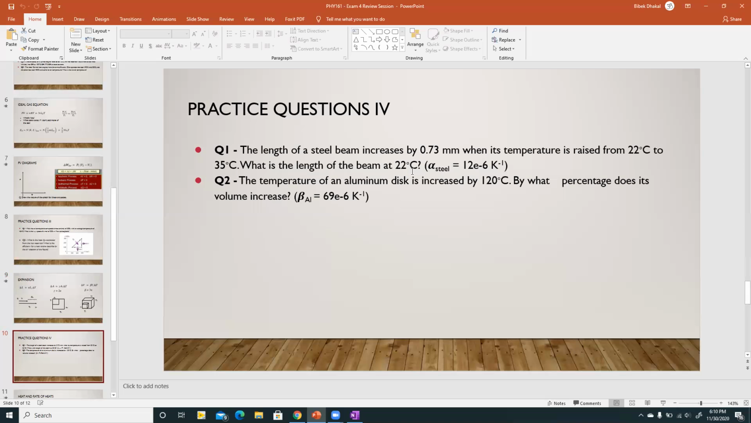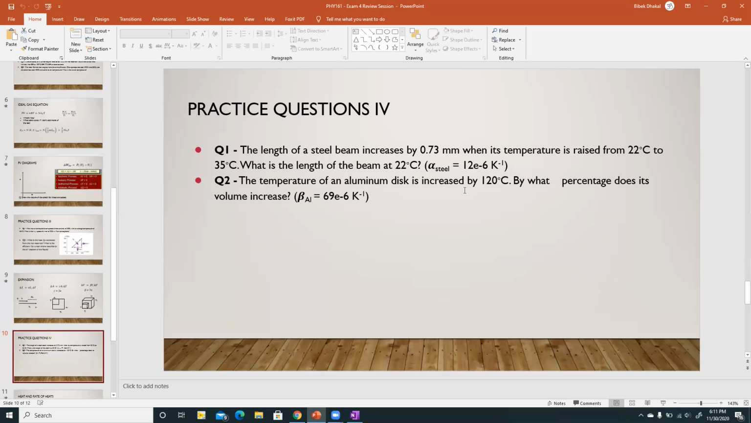What is the length of the beam? So that means what is your initial length, right? Your change in length is given to you. Your alpha for steel is given, and now you need to find what is the length of that beam inside at 30 degrees centigrade. The other problem talks about the temperature of the aluminum disc is increased by 120 degrees